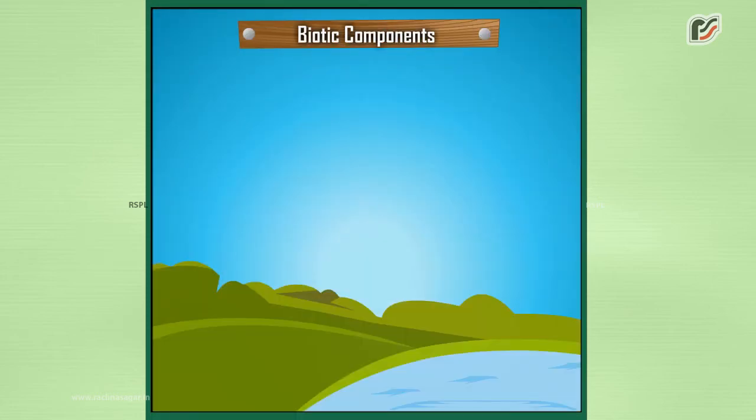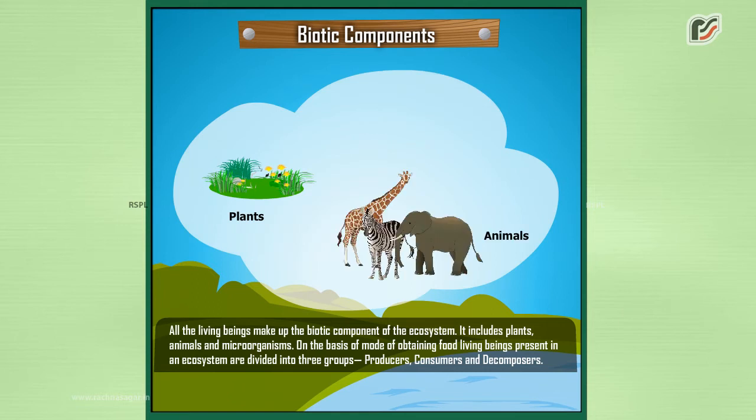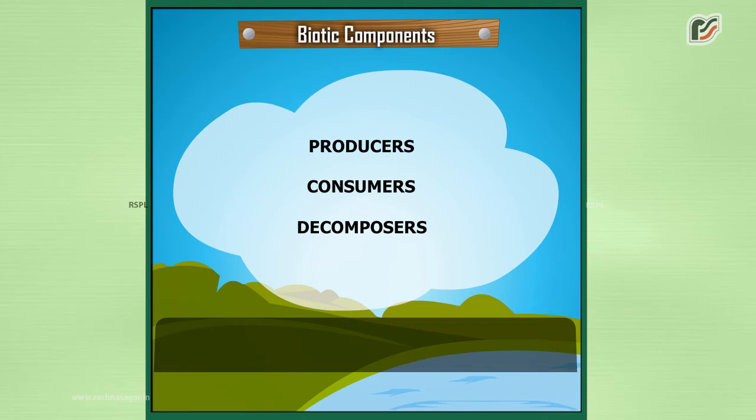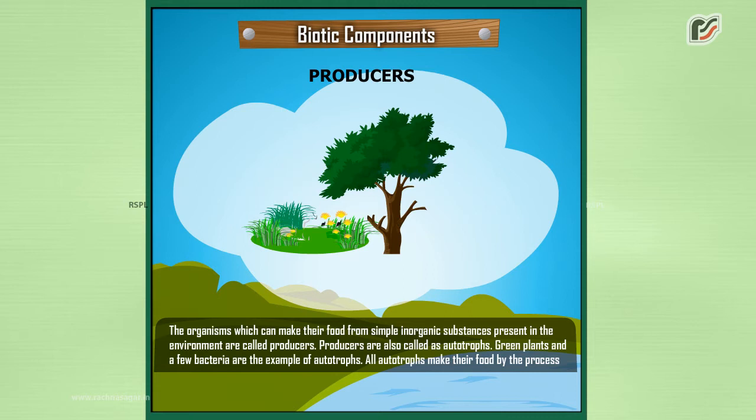Biotic components. All the living beings make up the biotic component of the ecosystem. It includes plants, animals, and microorganisms. On the basis of mode of obtaining food, living beings present in an ecosystem are divided into three groups: producers, consumers, and decomposers. Producers. The organisms which can make their food from simple inorganic substances present in the environment are